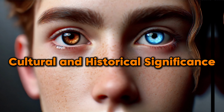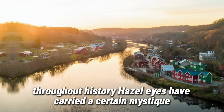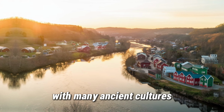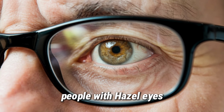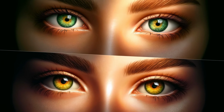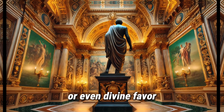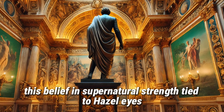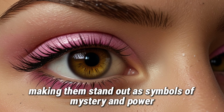Cultural and historical significance. Throughout history, hazel eyes have carried a certain mystique, with many ancient cultures attributing special powers to those who had them. People with hazel eyes were often believed to possess the ability to ward off evil spirits, and their eye color was seen as a sign of uniqueness or even divine favor. This belief in supernatural strength tied to hazel eyes added to their allure, making them stand out as symbols of